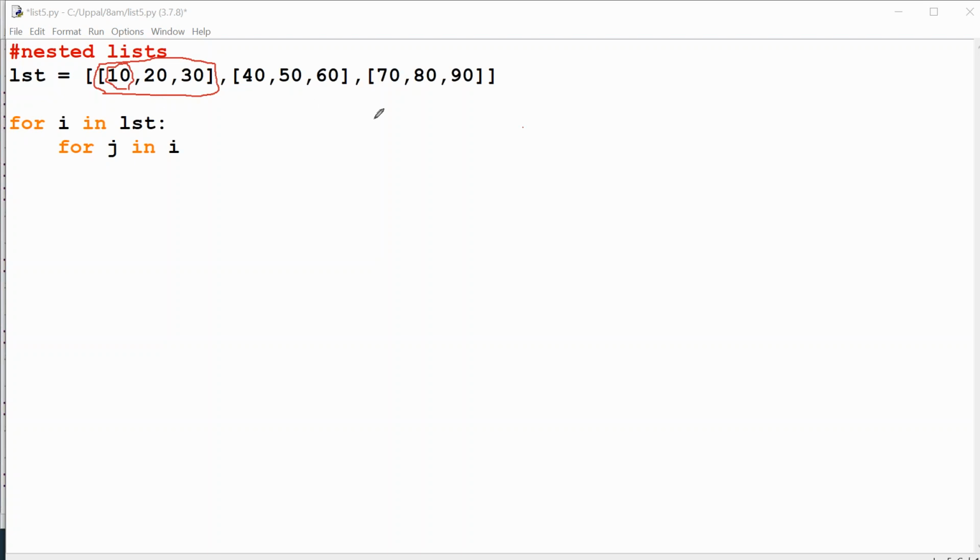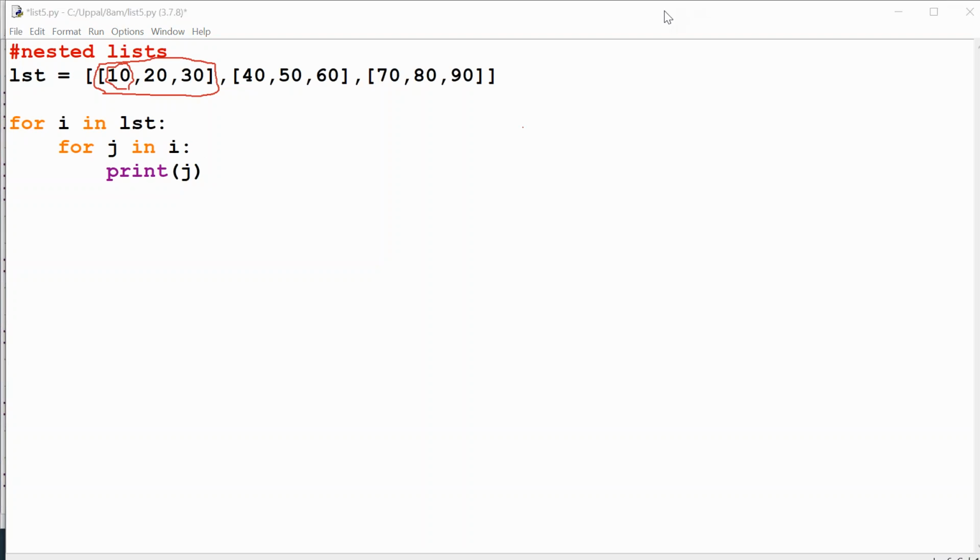In the whole main list, the first element is 10, 20, 30. In 10, 20, 30, what is the first element? 10. So this time if you print J, what will you get? You will print J, 10 will come, automatically next 20 will come, automatically next 30 will come, right?